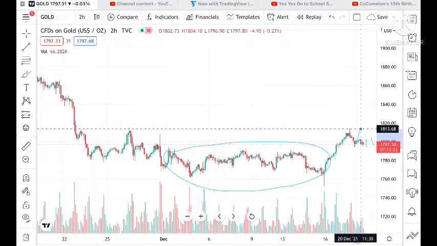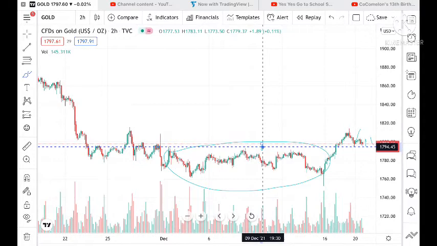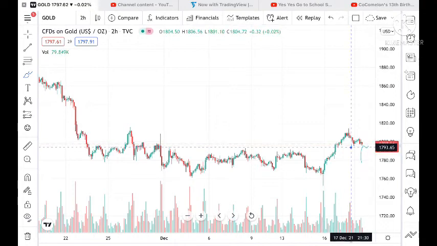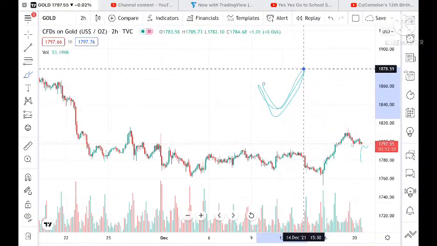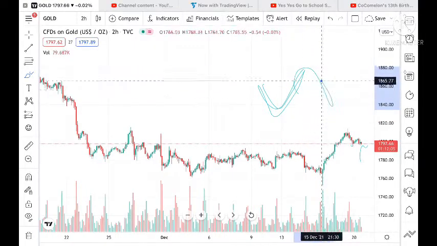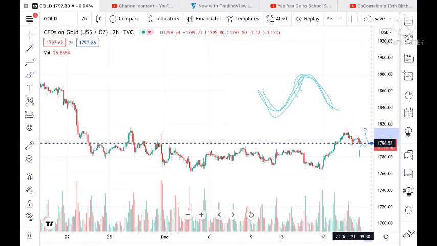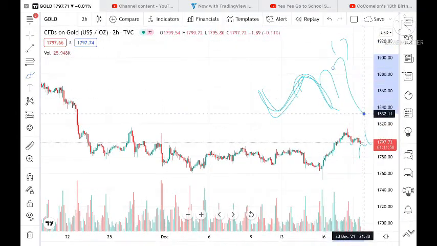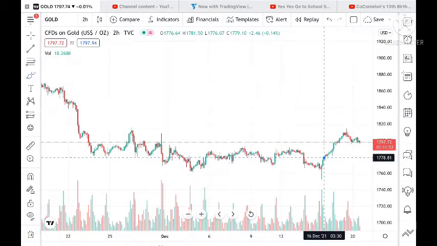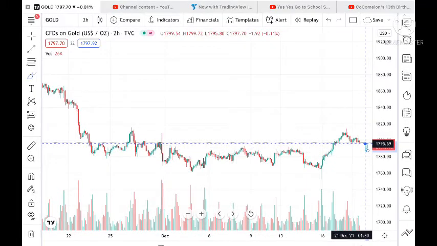This particular range has made a high at 1794, so the probability is very high that it can touch this level and bounce back from it. But if it bounces back after touching resistance and comes back with the price of around 1796, then it can come into this particular zone again. So if it is now trading at 1797, the probability is high it can go and touch a level of